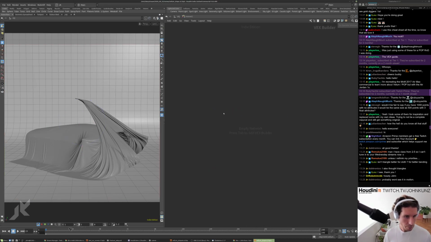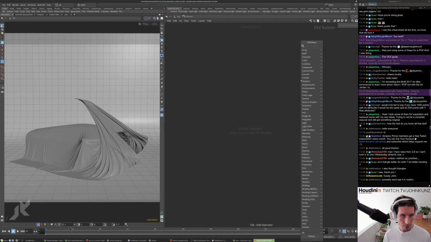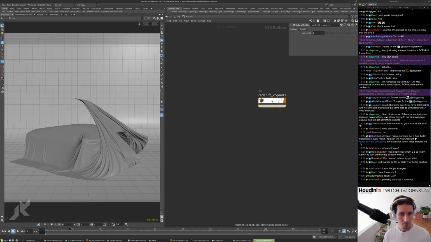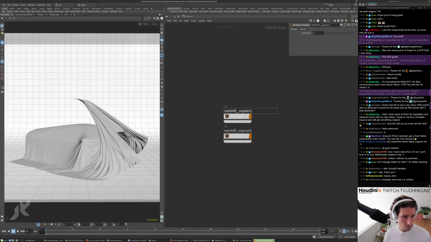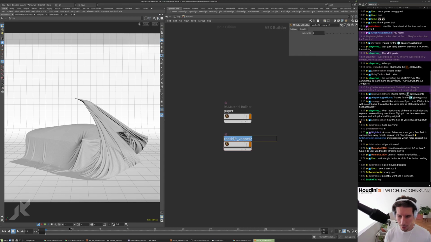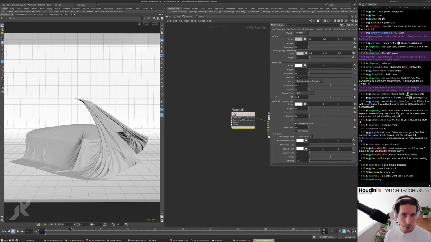So do material network, Redshift material. We'll do one for the backdrop and another one for the cloth. I'm just gonna call this paper, kind of like the photography paper people put up for cyclorama. And cloth. So the paper one,